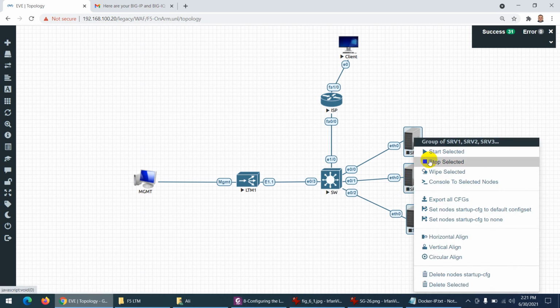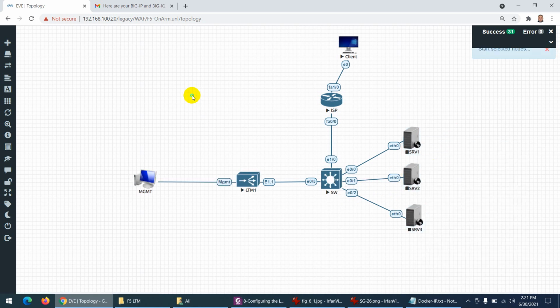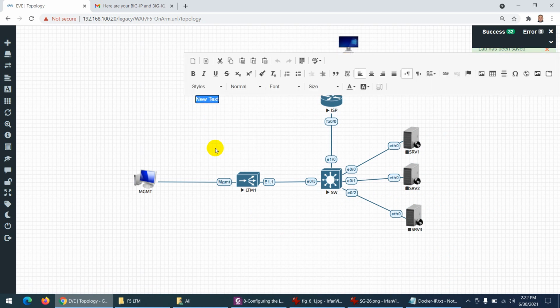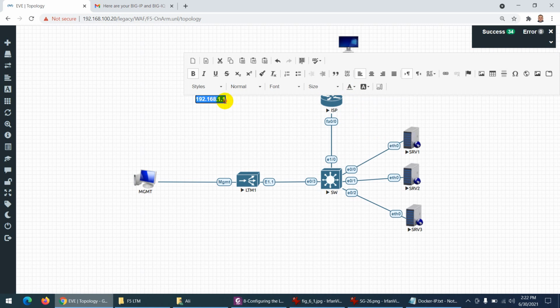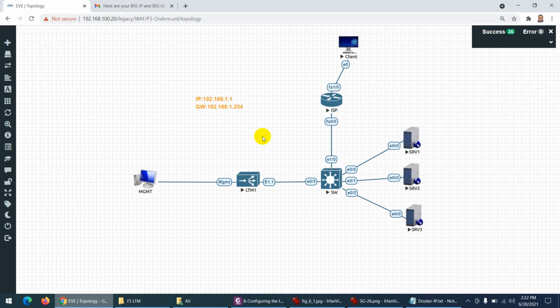So select the server and start, and when it starts, what can I do? Let me type this detail: 192.168.1.1, this is the IP address. Let me make them bold, and let's assign this one. So this is the IP. Keep in mind the gateway will be 192.168.1.254. So let me type here IP, and this is gateway. So this is my first server